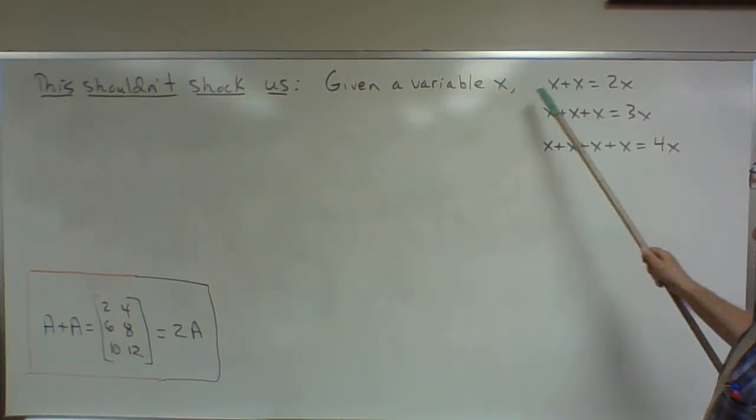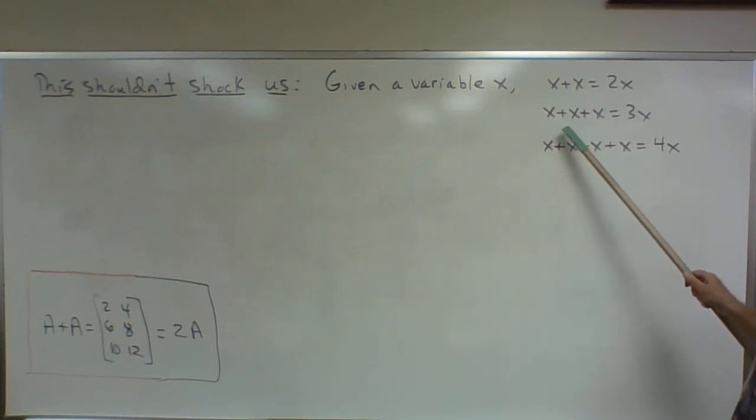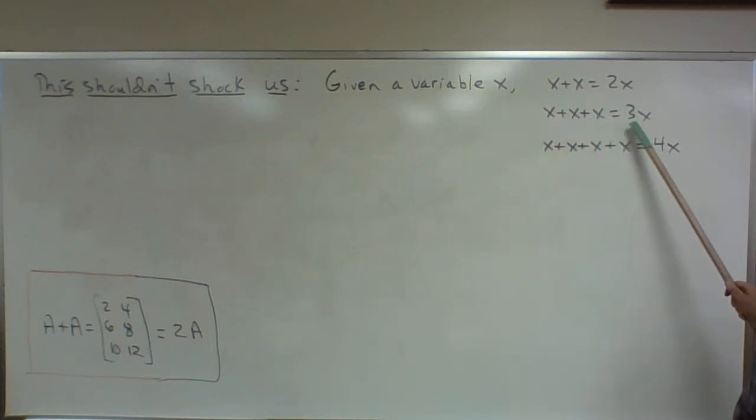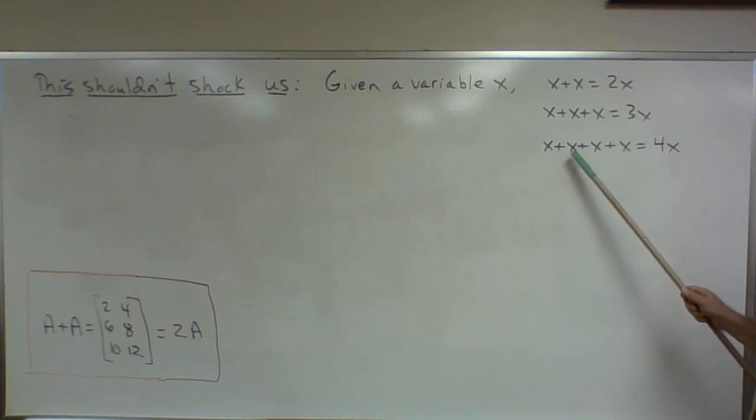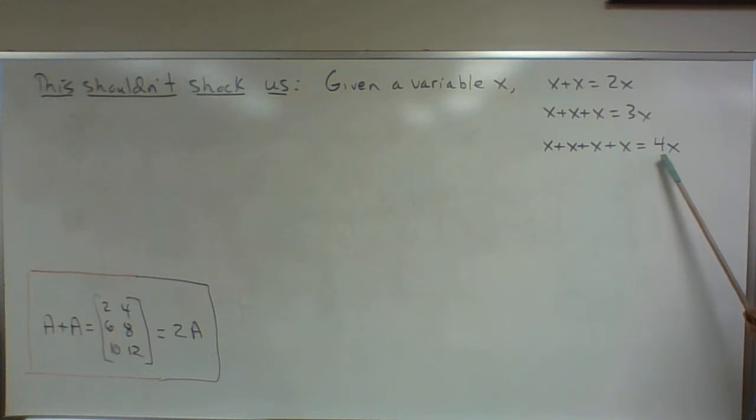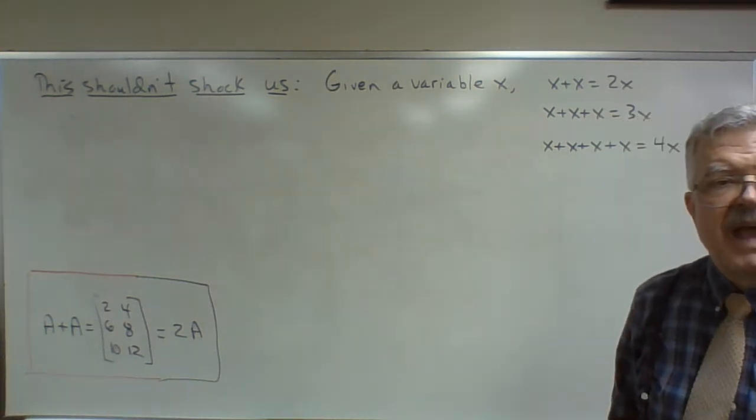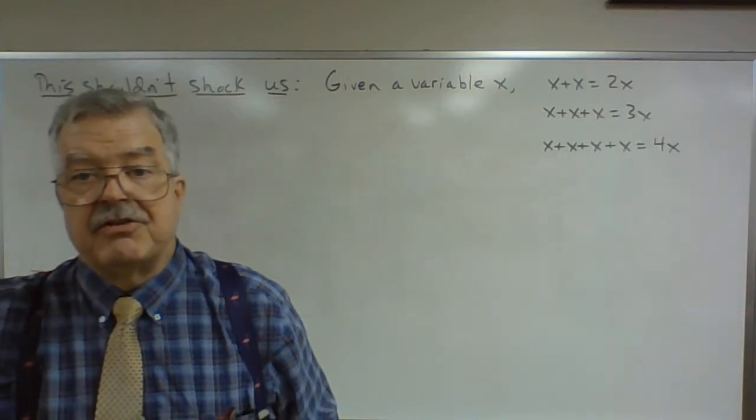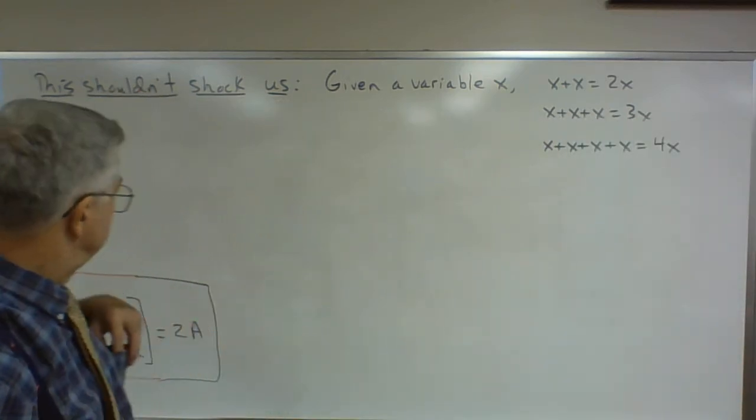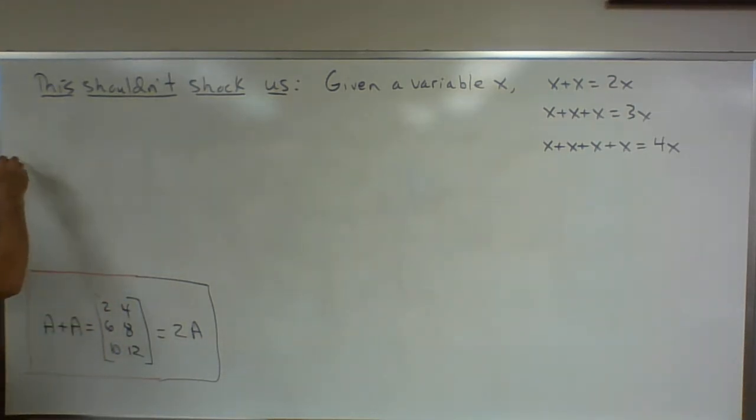Given a variable x, x plus x is 2x. X plus x plus x, that's 3x. If we add x to itself 4 times, we get 4x. Well, the same exact thing happens when we add a matrix to itself. Given the same matrix A,